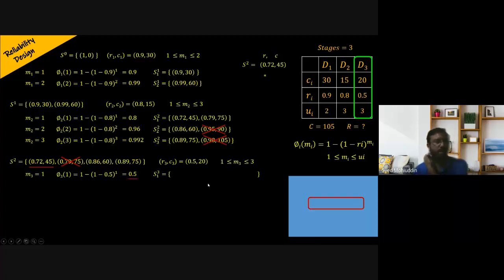The same way we multiply the reliability and add the cost. M3 is 1, so only one device is added. So we have 20 multiplied by 1. We get the results. I'm just going to skip through all the calculation